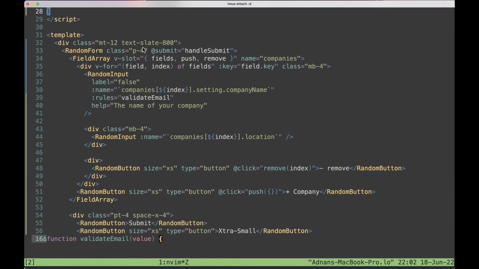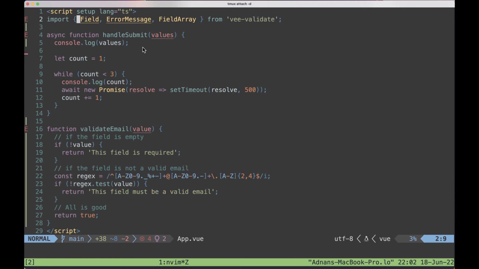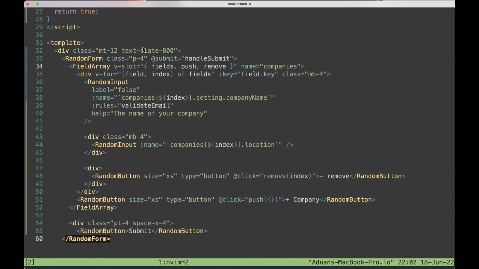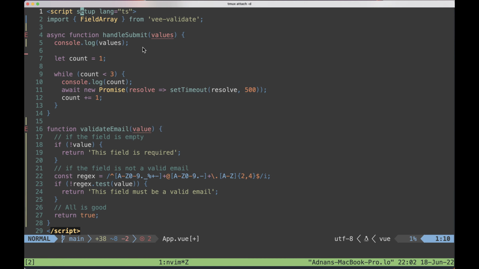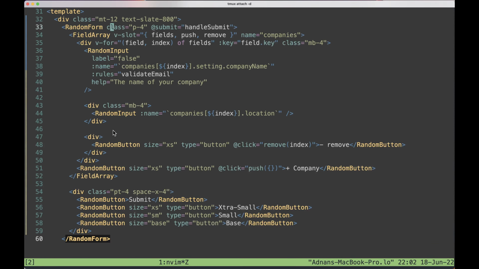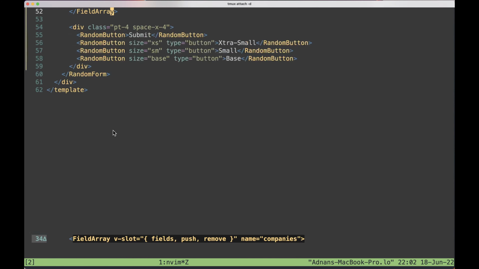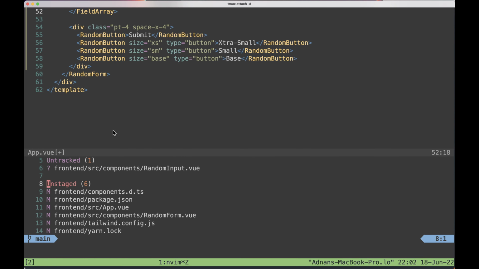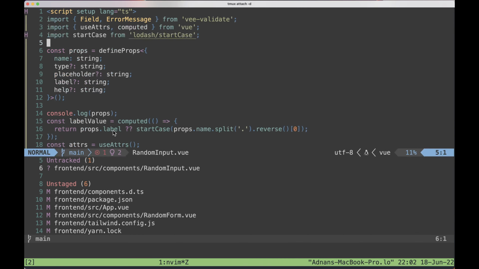Seems like I'm no longer, yeah, I've extracted this stuff, so I'm no longer using this. I am using field array. I got values coming in. I have this validate email function, which is fine. I'll leave that there, and we'll replace this with yup soon. Let me see what I've changed. I've added a random input